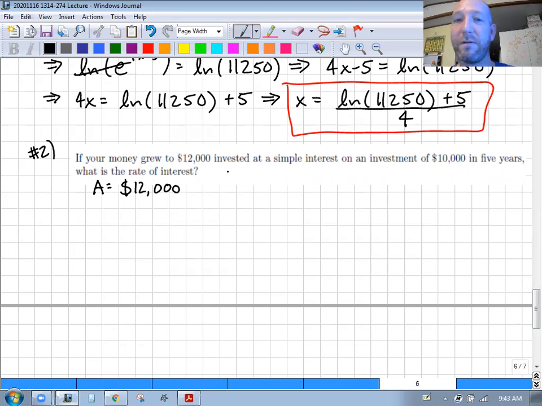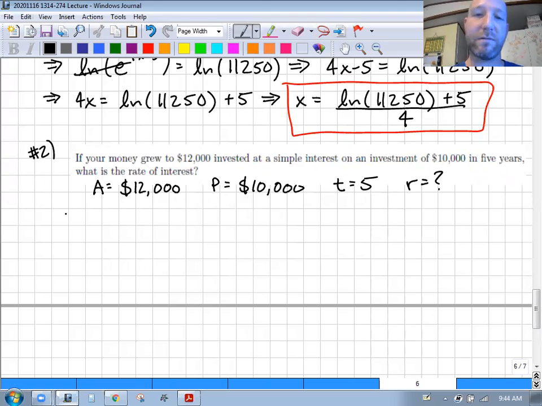And it grew to that, invested at simple interest on an investment of $10,000, in 5 years. What is the interest rate? So simple interest is